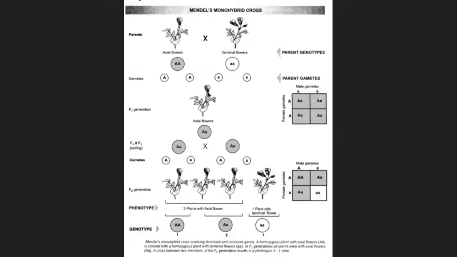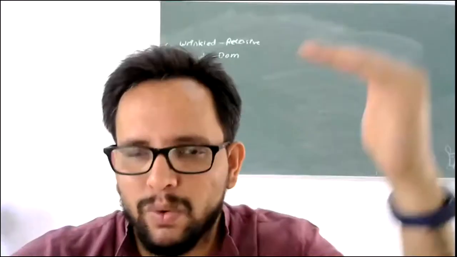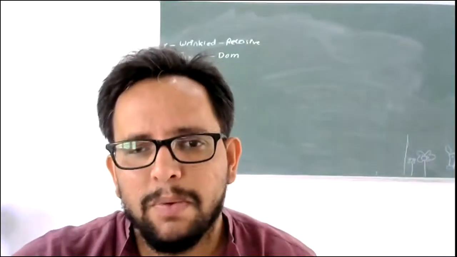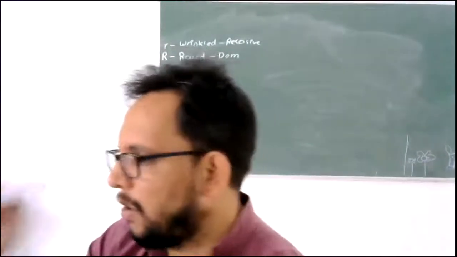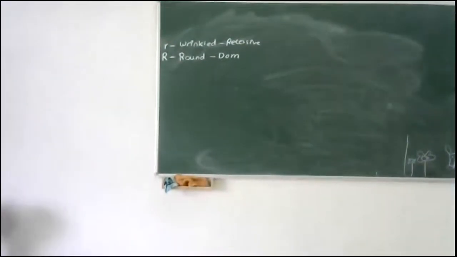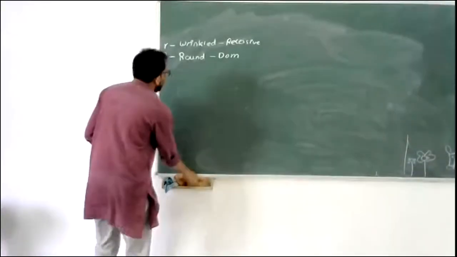So you see the difference between the F1 generation, what offspring were produced, and the F2 generation, what offspring were produced. Now, I will try to explain this on the board, because here it might be difficult to look at the different possible combinations. So I will draw those on the board. Try to follow it as closely as possible so that you will have more clarity. Just a moment.